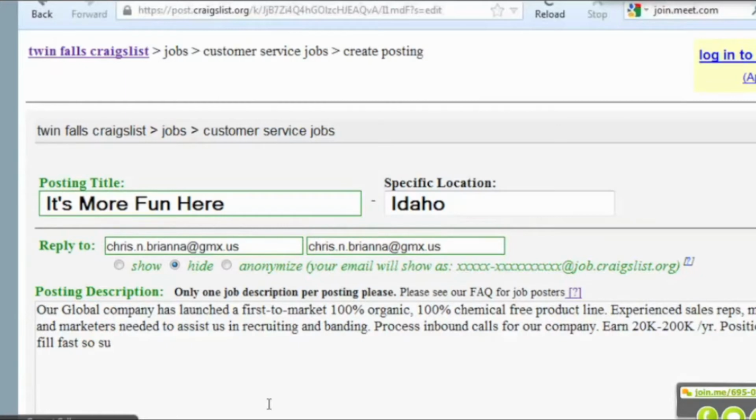And then right here, actually, what I was starting to write says to submit your resume, but we actually want them to call the 800 number instead. So I'm going to change that a little bit. Okay. Okay, and then let's see. Always read over it a couple times as well, because you'll find things you might want to change